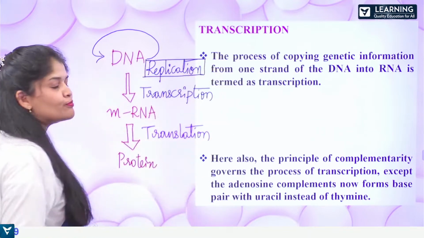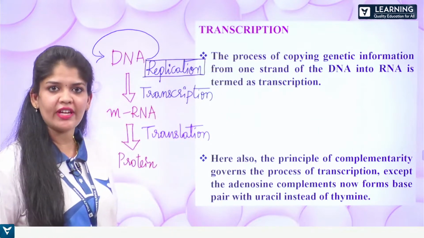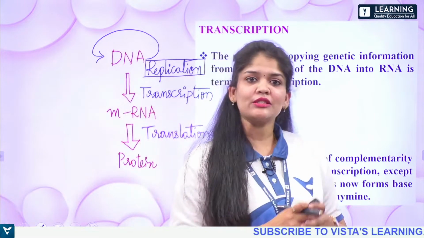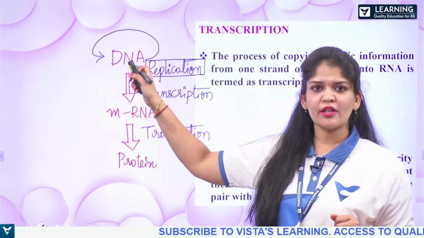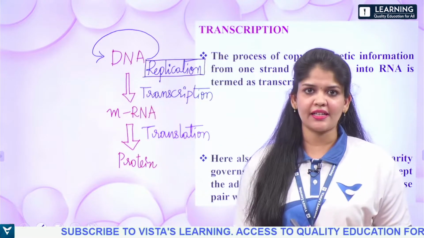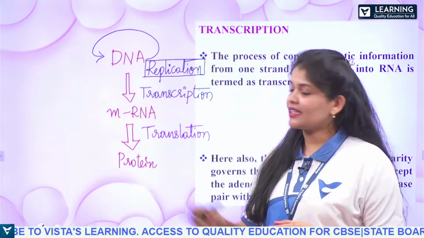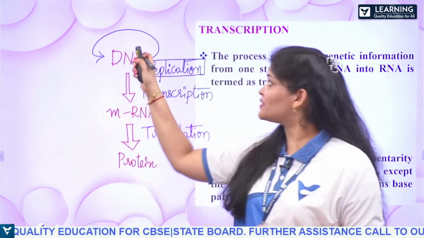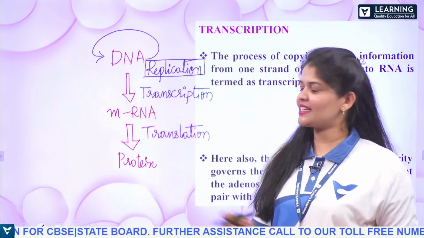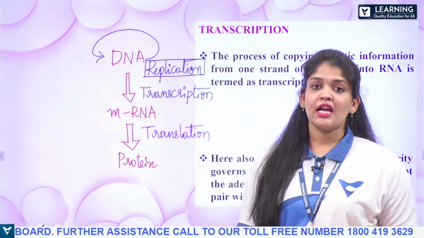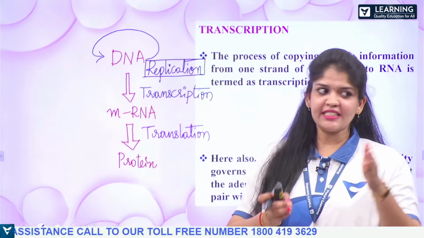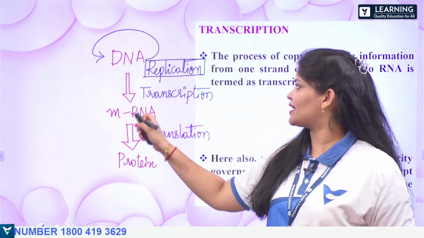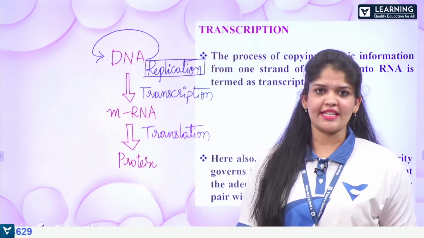This is the outlook of the molecular biology central dogma, where the genetic information that is stored in the DNA is going to be transcribed into RNA. As this RNA is useful for transmission of the genetic information coming from the DNA, it is termed as messenger RNA. This genetic information present in the DNA is first transcribed into mRNA, and this process is called transcription.